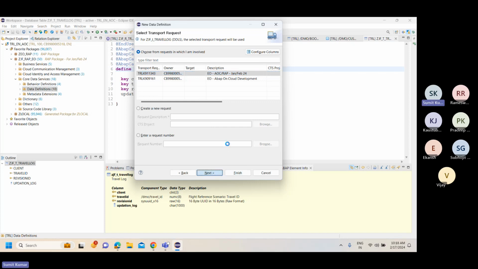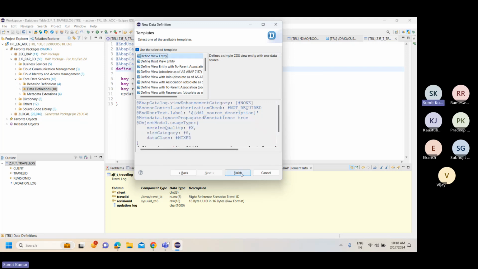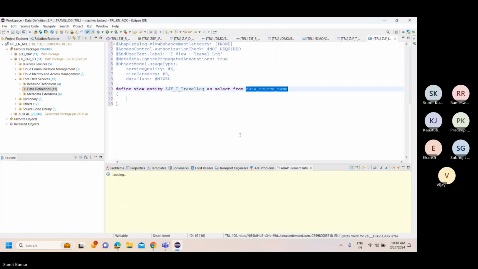Okay, next. And I'll define the view entity. Okay, and next, we'll define a service quality, which is A, because I have